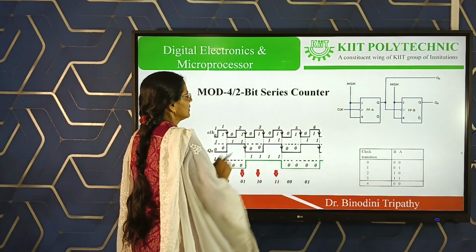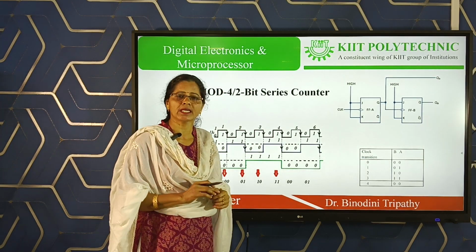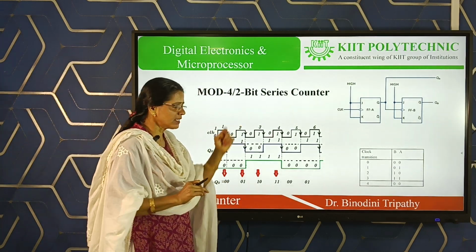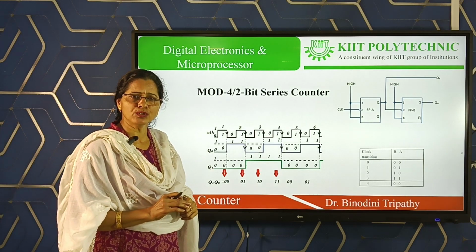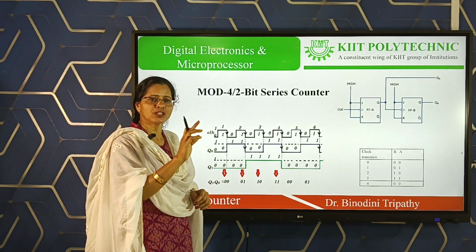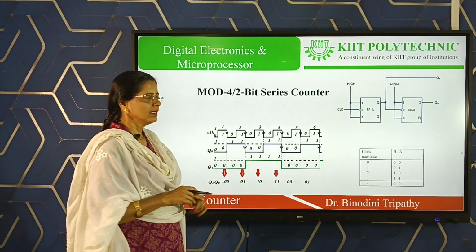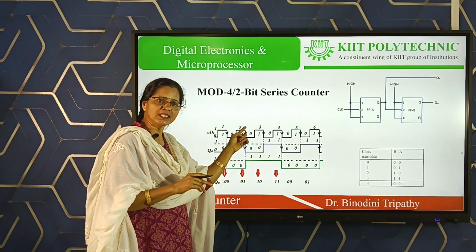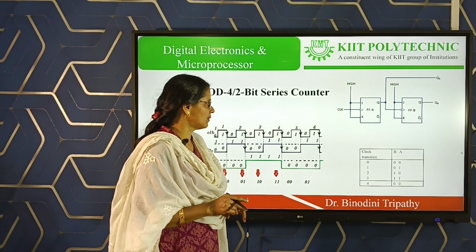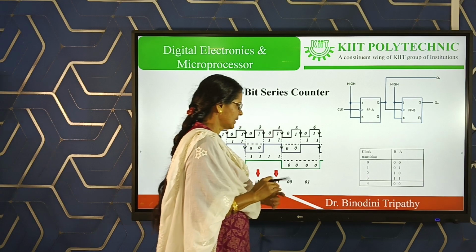So first of all, from its name, mod 4 and 2-bit, we can write 2 lines about this. The first one is the definition. It is a type of series counter that can count a maximum of 4 sequence numbers. The sequences start from 0 to 3, or in binary form from 00 to 11. Then the number of bits in each count is 2. Now this is your truth table. So here we are using the clock pulse for counting as an example.